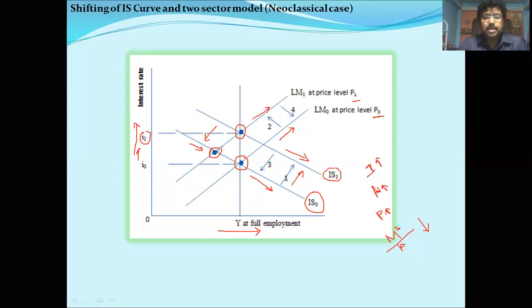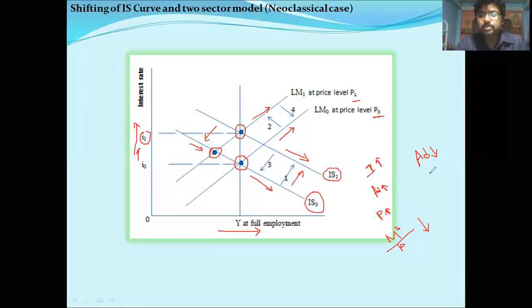As aggregate demand falls from this point to this point because of the high interest rate,